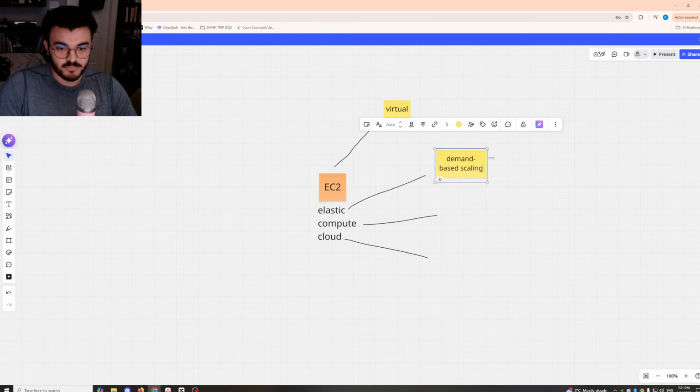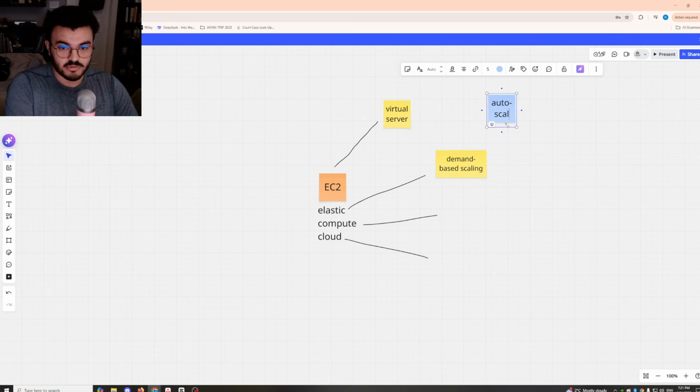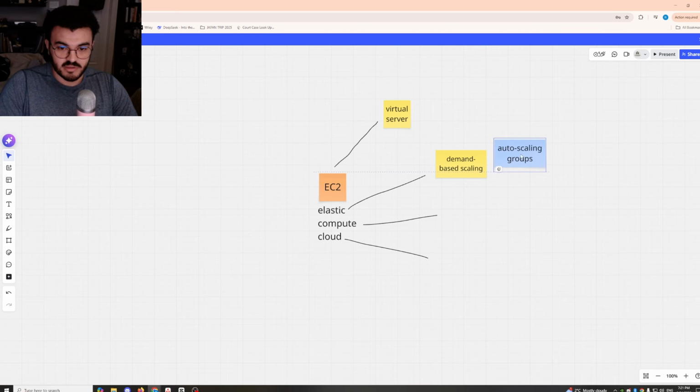For example, if you have a website and it needs more resources, then EC2 can do that, provided that you set up something called auto scaling groups. So this is a key part of that demand-based scaling.